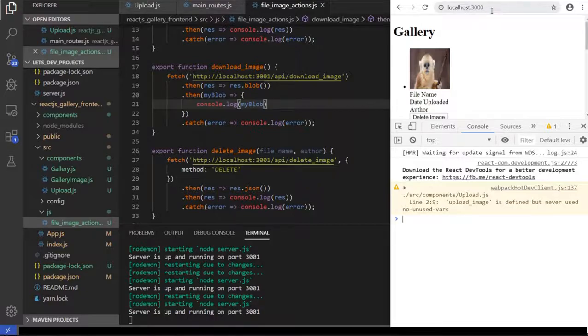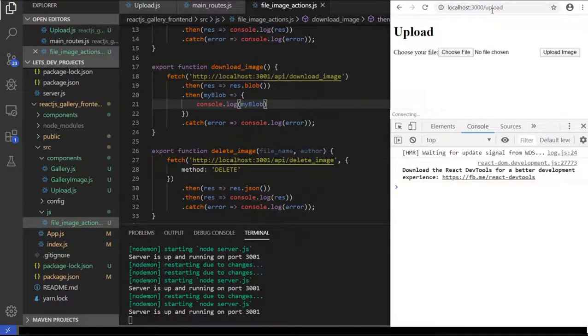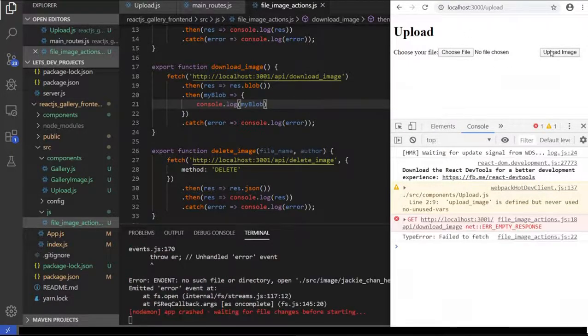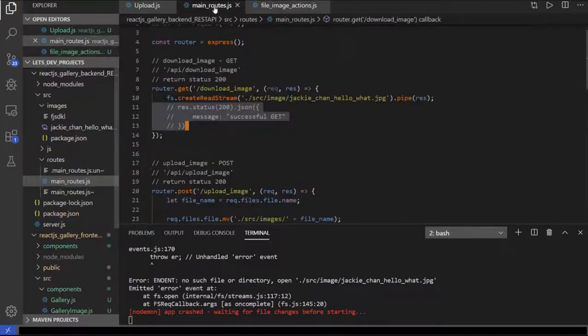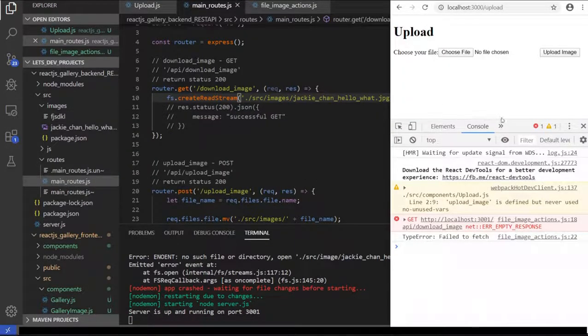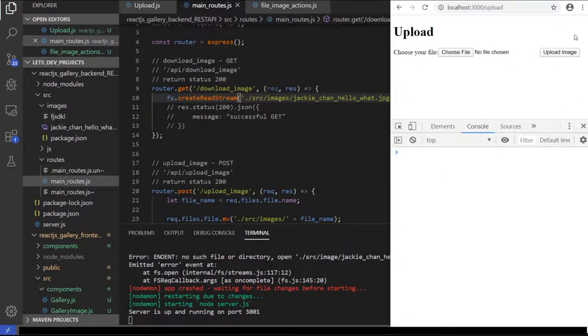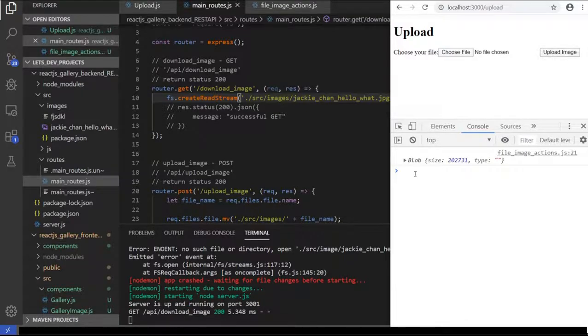So let's go to /upload like this. There we go. Now I'm going to hit the upload image button, and I get the error: failed to fetch, empty response, no such file or directory. Source images. I said source image. So it should be source images like this. And there we go. Now when we do it, we get, all right, so this is what it looks like